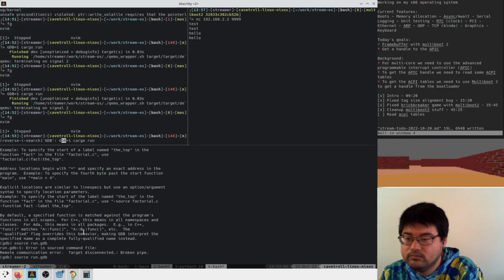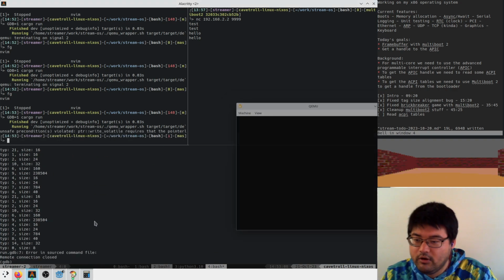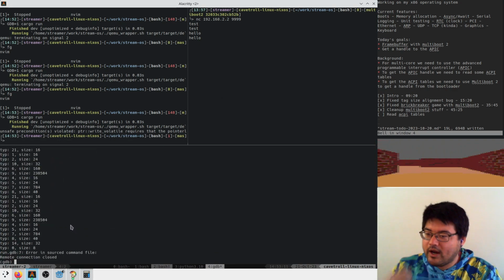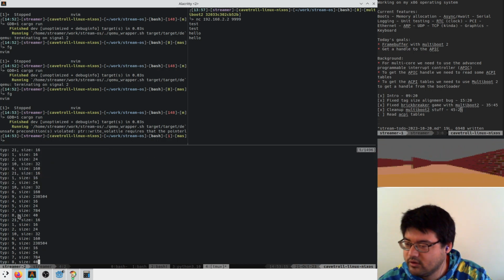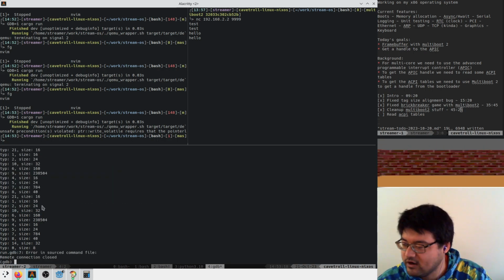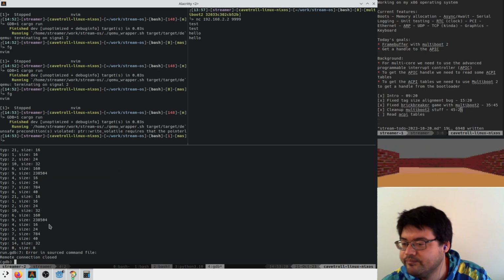There we go. Hey, isn't that kind of fun? So without actually recompiling anything, we do get these kind of nice printf style things in the debugger. I've always thought that was kind of fun.